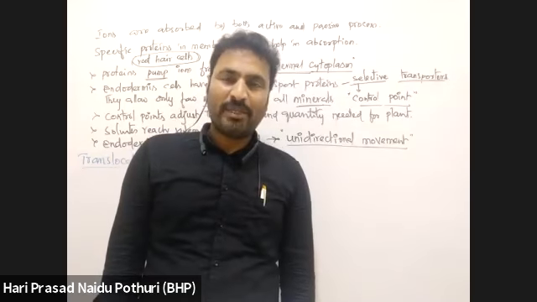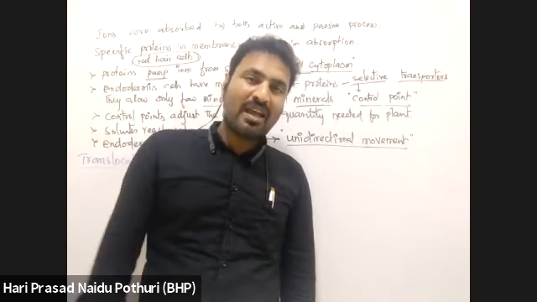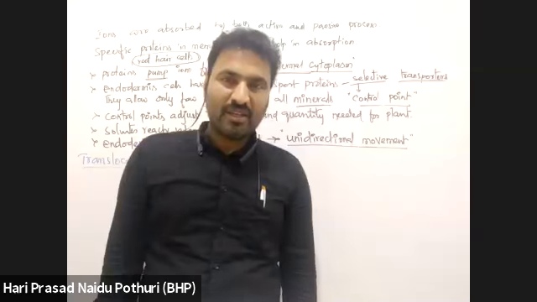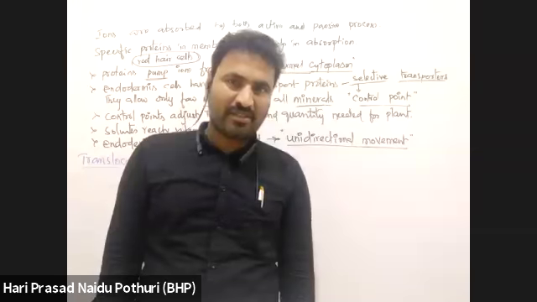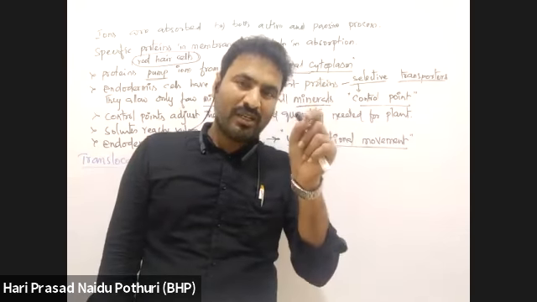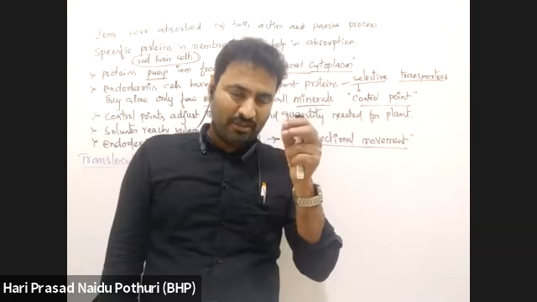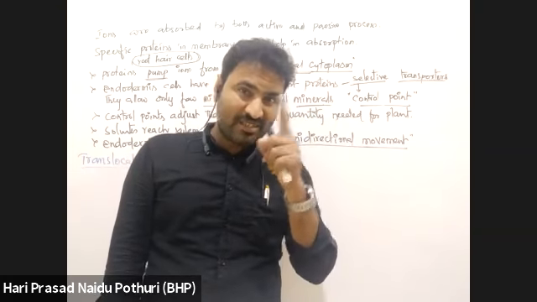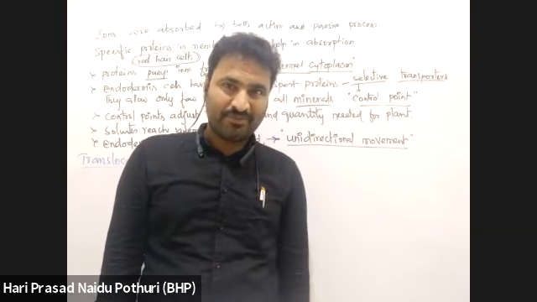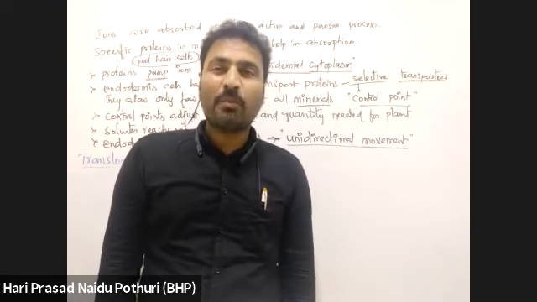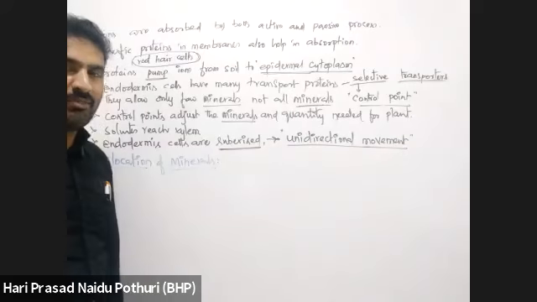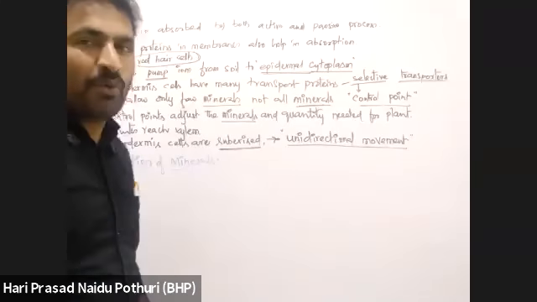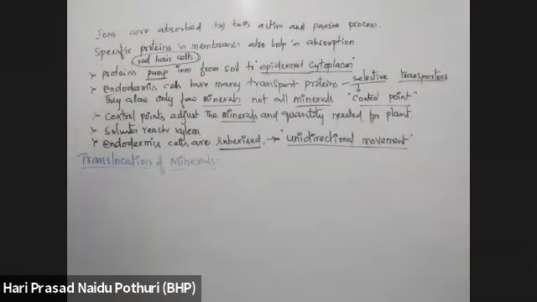Suberized cell walls are impermeable, but passage cells have less thickness. Endodermis is of two types, I told you, Casparian strips and passage cells. Where suberin or lignin is present in less concentration, that is a passage cell. They have carrier proteins which allow entry. Suberin is impermeable, but there may be some carrier proteins in it.